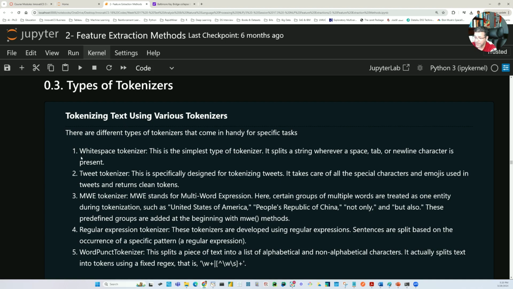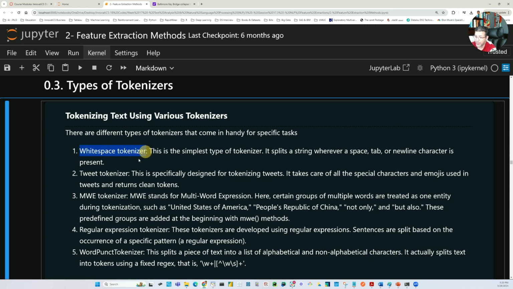There are 5 types: white space tokenizer, tweet tokenizer, MWE tokenizer, regular expression tokenizer, and the word punct tokenizer. These are some different types of tokenizers. All these tokenization methods are doing is splitting the entire sentence into tokens, the smallest units,